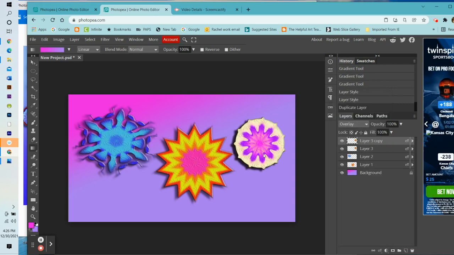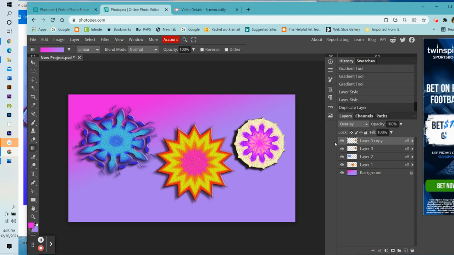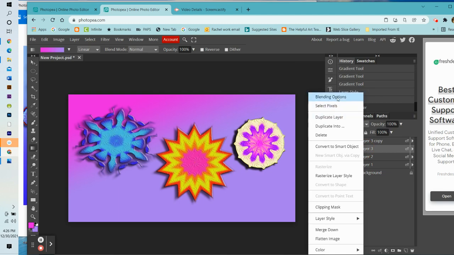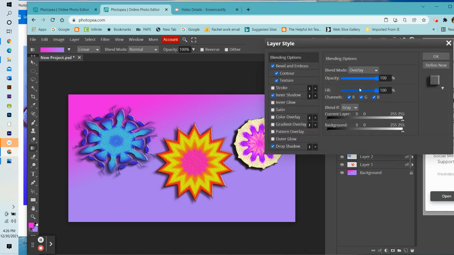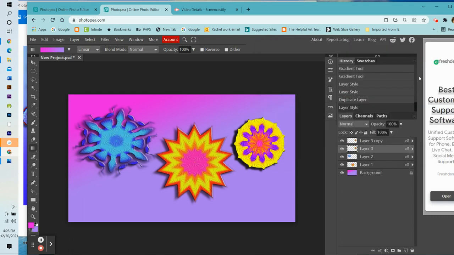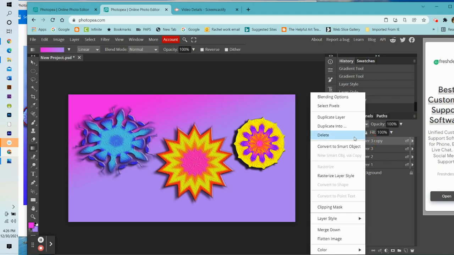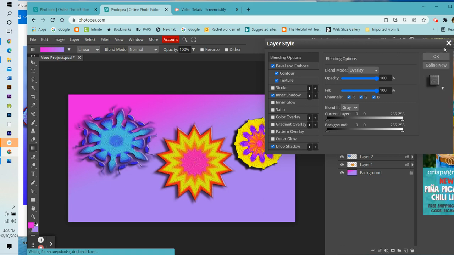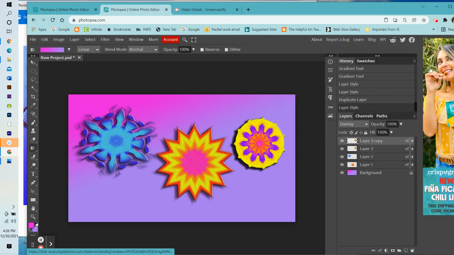And you can see that the overlay is a little bit more opaque because they both have the overlay blending mode, but it's blending with the layer underneath and it's also blending with the background. So let's go back here to this layer. Let's go to blending options and let's change it back to normal. Okay. So what's happening is this one has the overlay blending mode and the other one underneath it has the normal blending mode. So